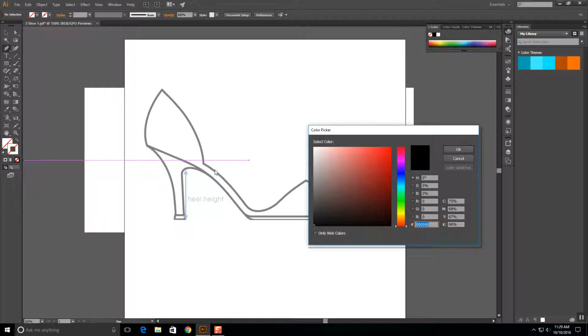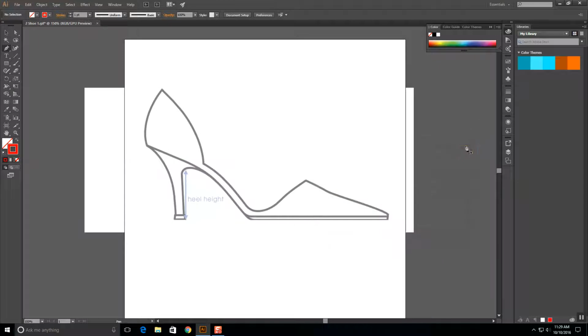Now, you don't necessarily have to do that, but it's something that might help you out. So I'm going to go with red for the first part. And I'm going to start on the bottom of the shoe right here. And I'm going to click one time. I'm going to go to the top part here. I'm going to click and drag out so that it will completely follow that line, or follow it as best